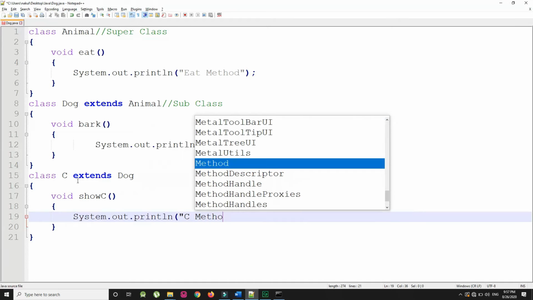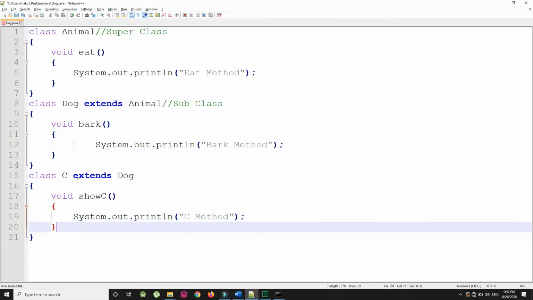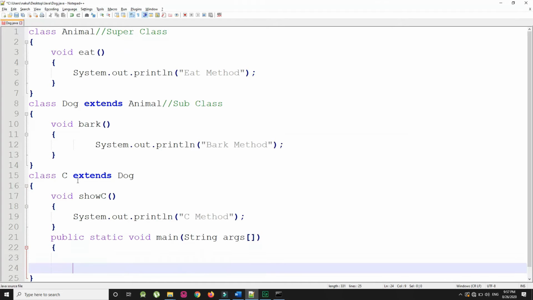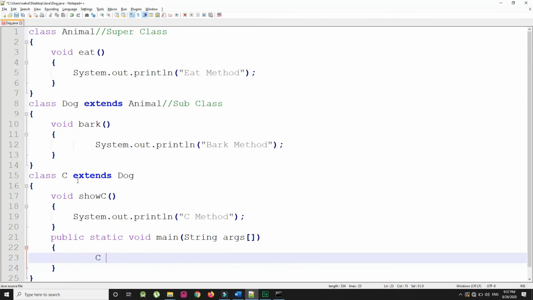And I am going to write the main method using public static void main(String[] args). Now I am going to create an object of C class here using C obj = new C().